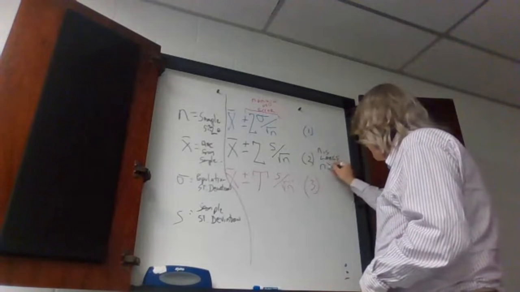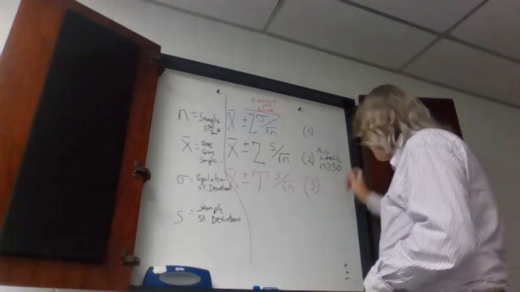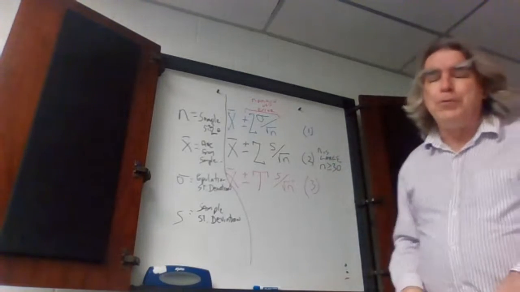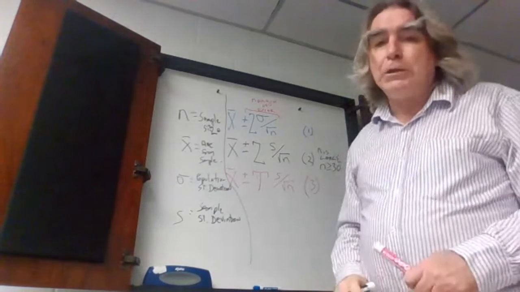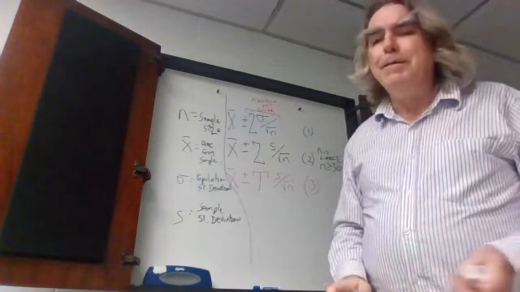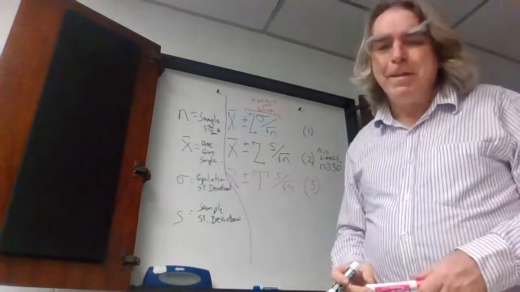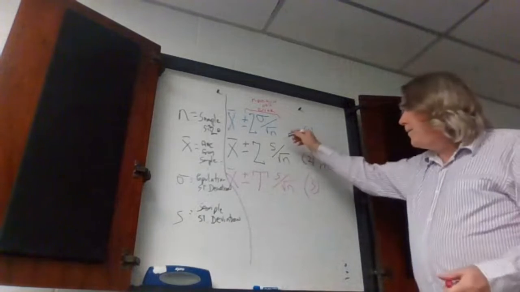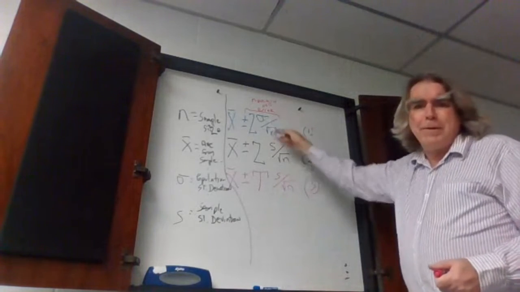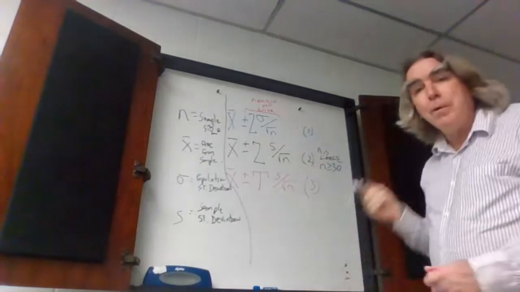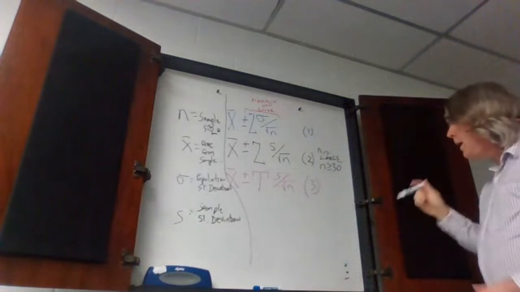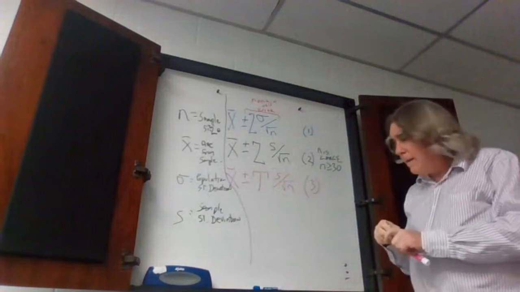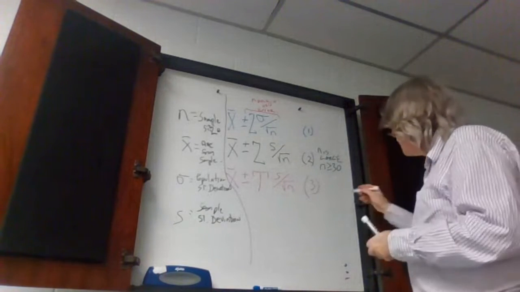What does N being large mean? It is greater than or equal to 30. It turns out large isn't that large. If you've got a sample over 30, just replace sigma with S, and you're relatively good to go. If N is less than 30,